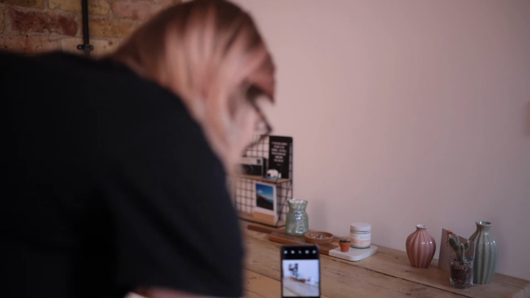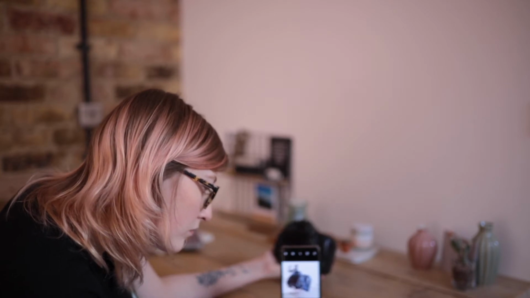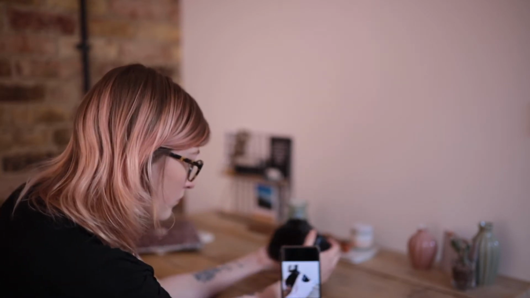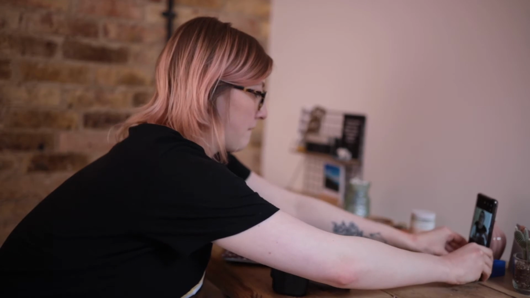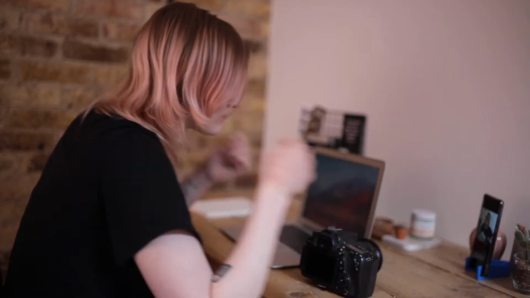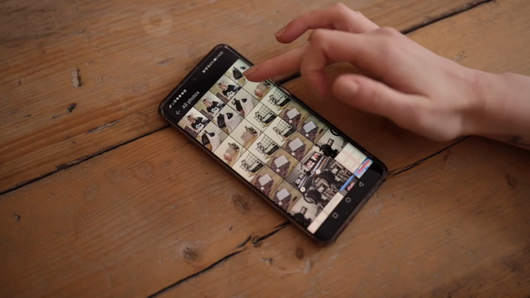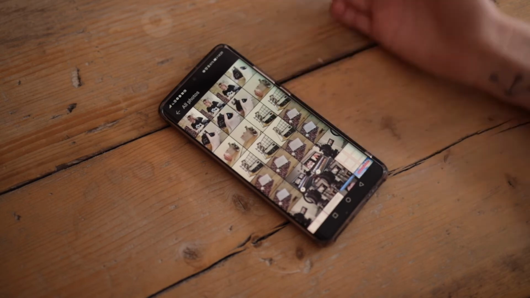It's important when you're taking all these photos that you're keeping in mind what you could talk about for each picture. If you're just taking random photos of like a plant, what does that plant mean? What are you going to talk about in the caption, and how are you going to make the most out of that content? Okay, so now that we've got our photos, as you can see here,